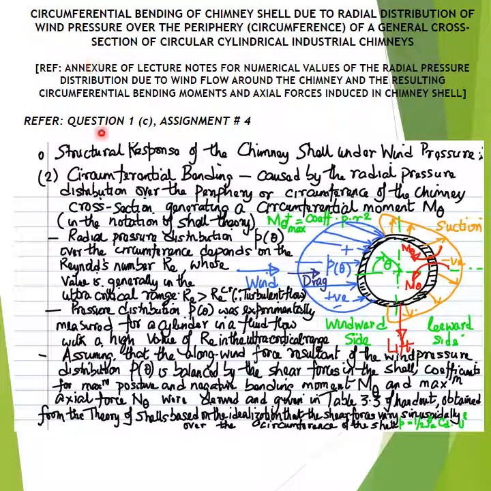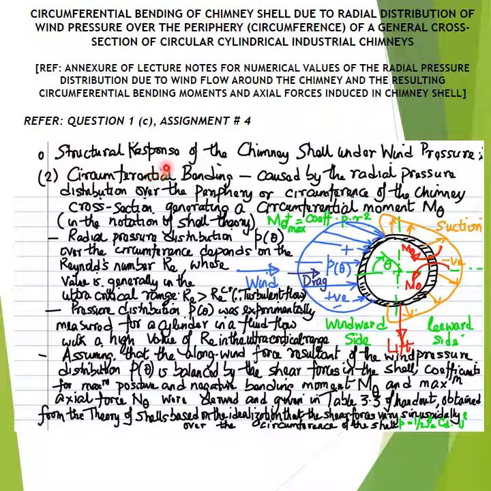Continuing our discussion on the structural response or structural behavior of the chimney shell subjected to wind pressure, the second fundamental component or the second type of structural response of the chimney shell in the industrial chimney subjected to wind pressure is the circumferential bending of the chimney shell that is caused by the radial pressure distribution over the periphery or the circumference of the chimney cross section